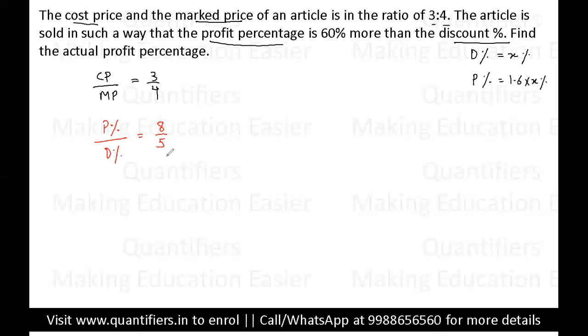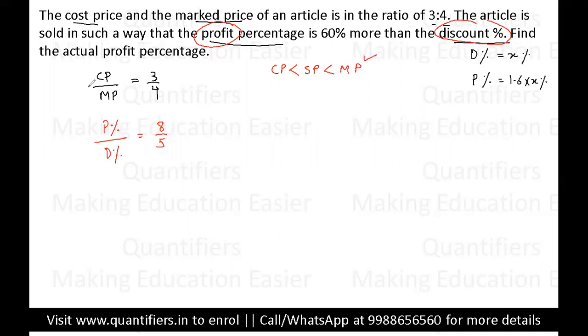So I hope students, this point is clear to all of you. Now one more thing you should notice here, that there is a profit. So we can definitely say that selling price will be more than cost price, क्योंकि अगर प्रॉफिट है तो सेलिंग प्राइस कॉस्ट प्राइस से ज्यादा ही होना चाहिए. And there is a discount given. So if there is a discount given, that is for sure that mark price will be more than selling price. So this information we also have.